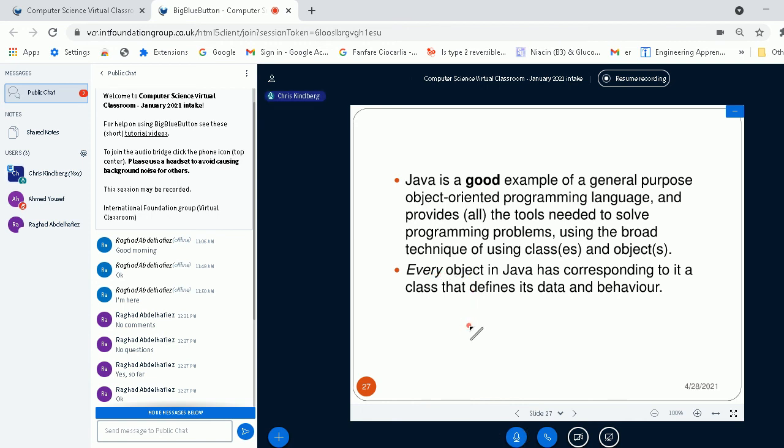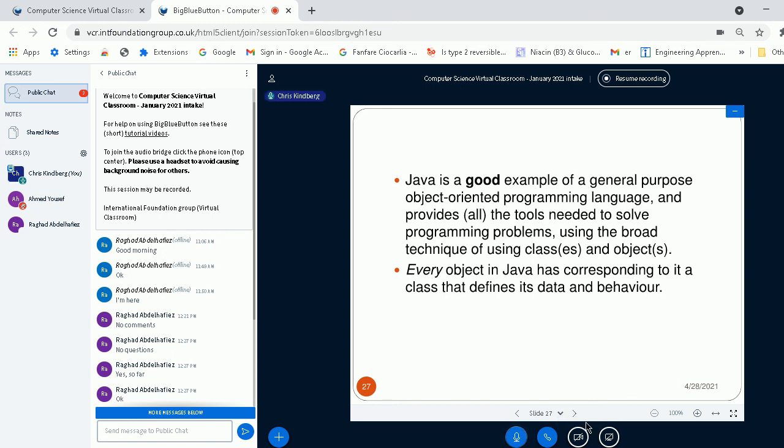Just remembering that a class is the general template for the manufacture of lots of different objects, and you can spend time giving the details of a particular class that you need in Java in order to solve problems.